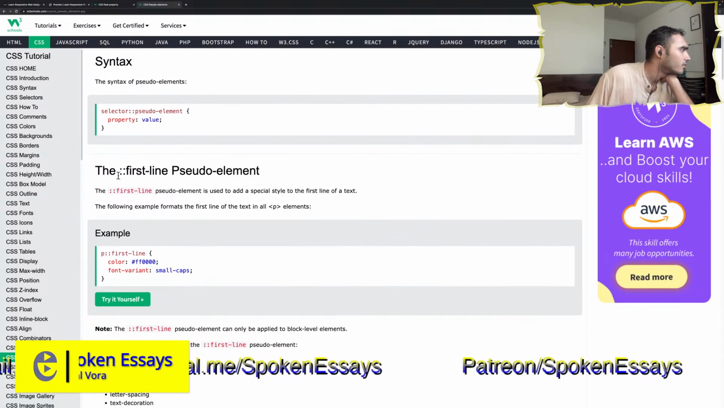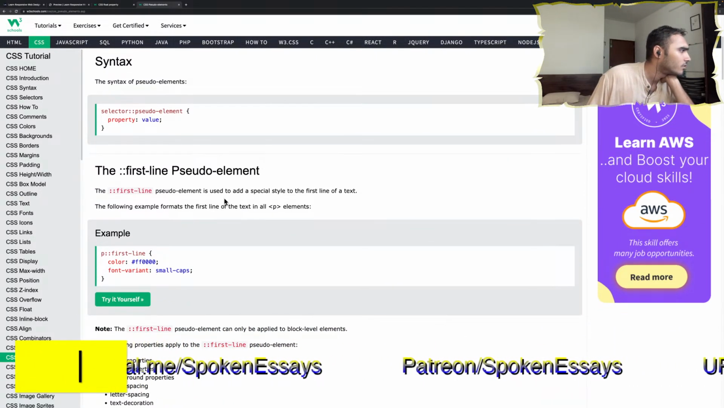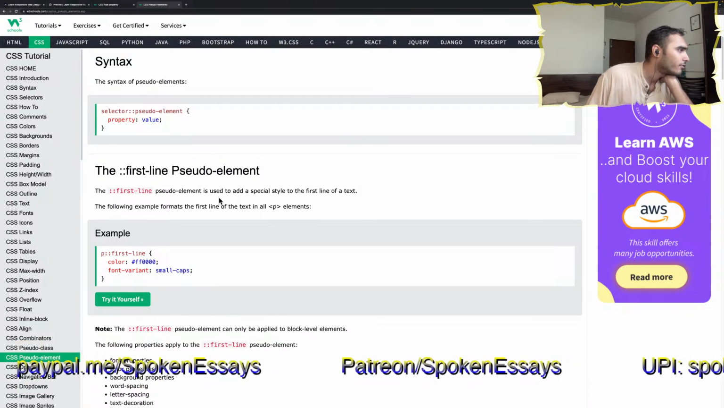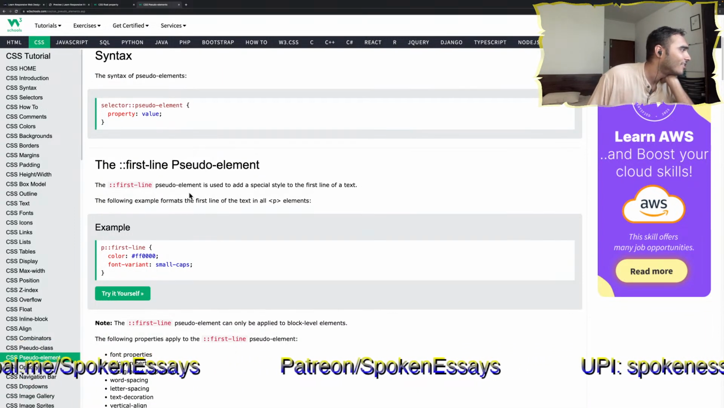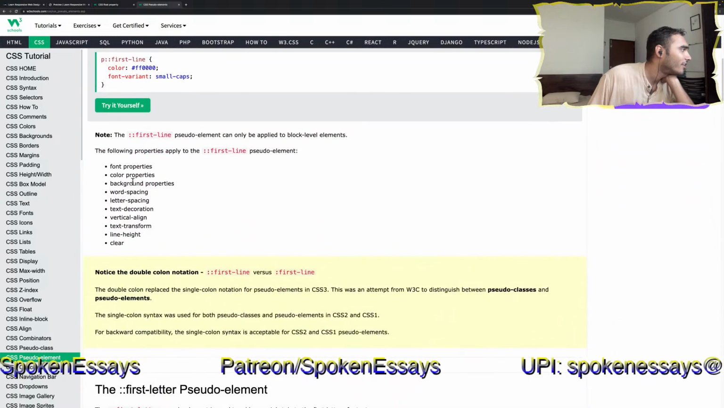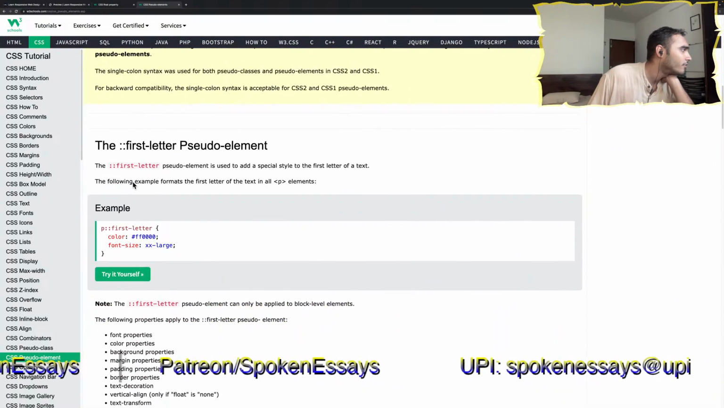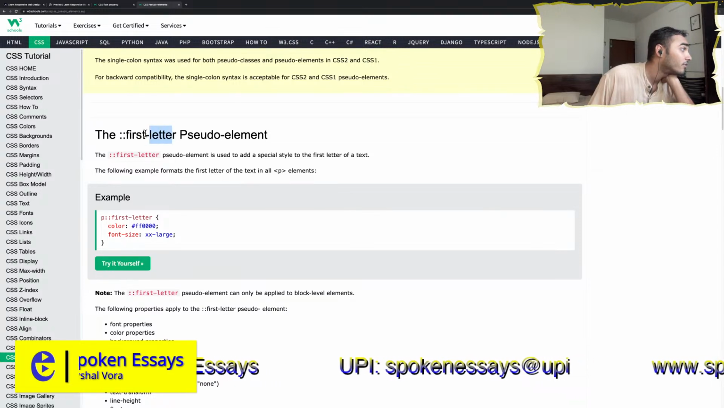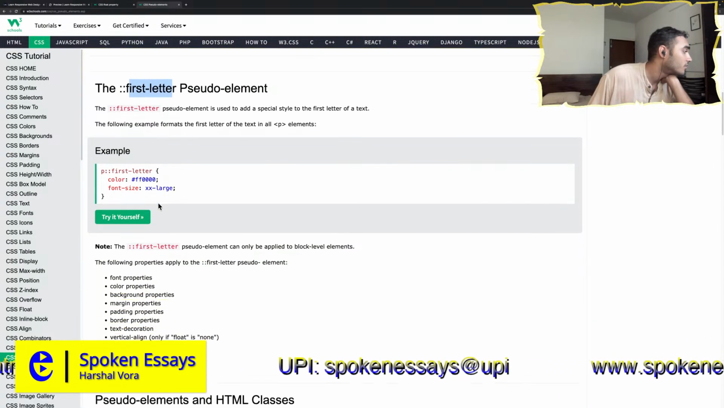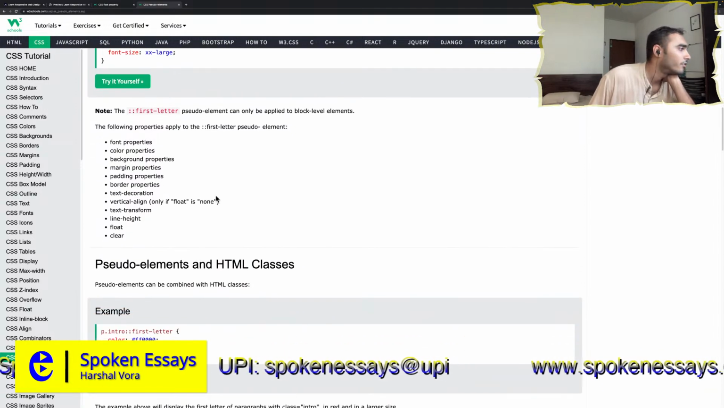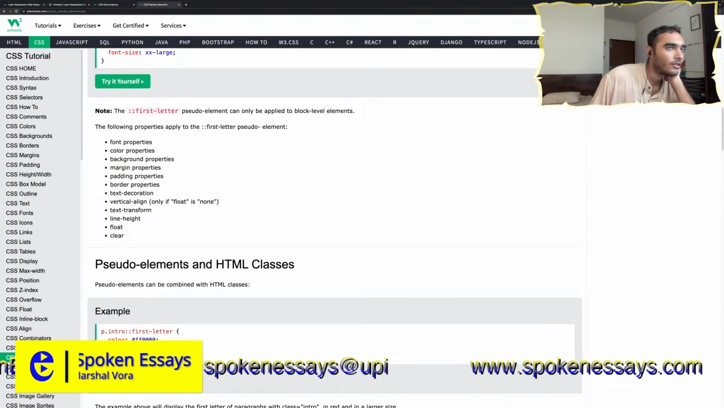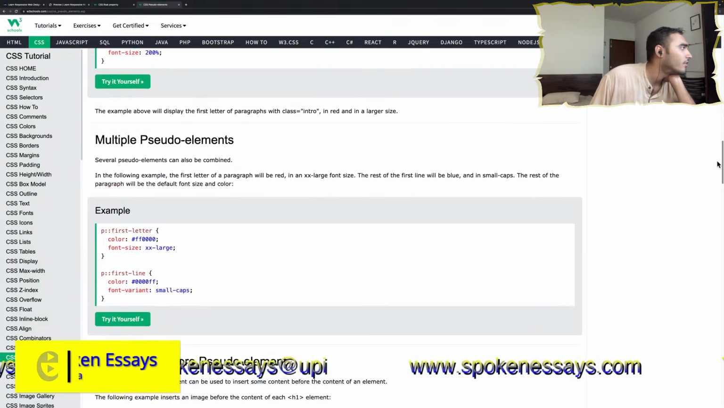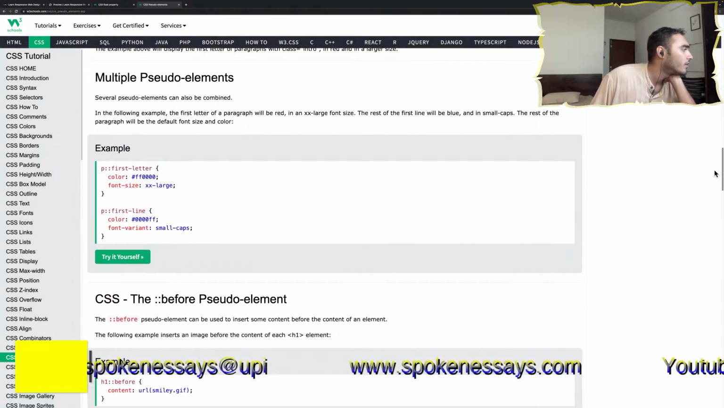And what does this say? So the first line is used to add a special style to the first line of a text. So first line, we have different properties and different values. This is also a pseudo element, and you can see in the horizontal scroll bar here that it is a lot. And let's go to the